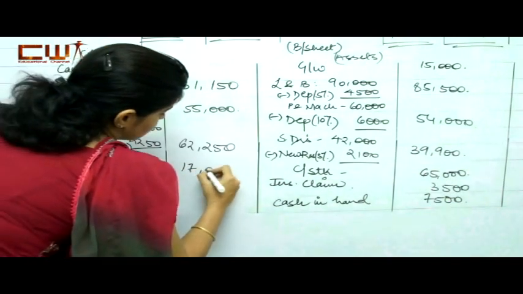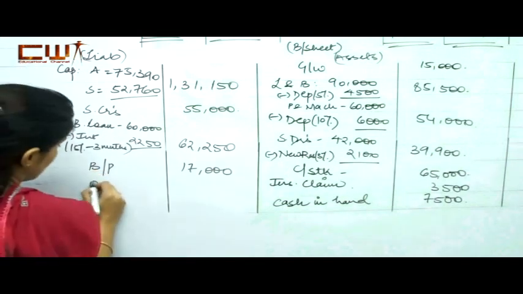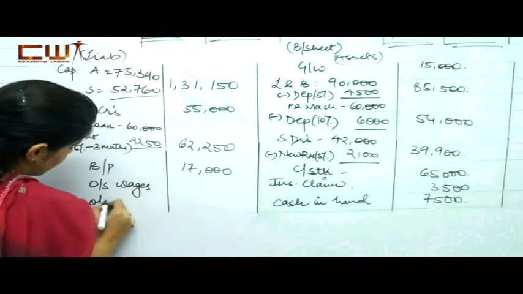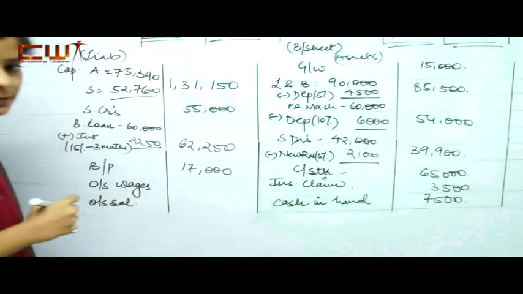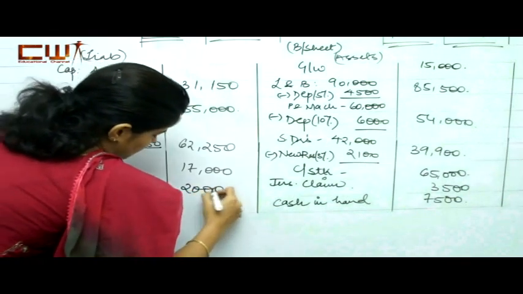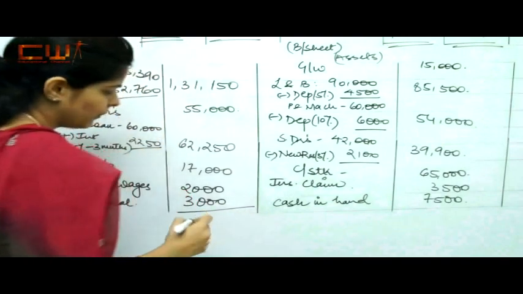Bills payable, 17,000, right? What next you have? You have outstanding wages and outstanding salaries of 2,000 and 3,000 respectively. Outstanding wages and outstanding salaries, how much? 2,000 and 3,000. Either you write it here, add it up and write 5,000, or you write it this way. It could be any of the ways,